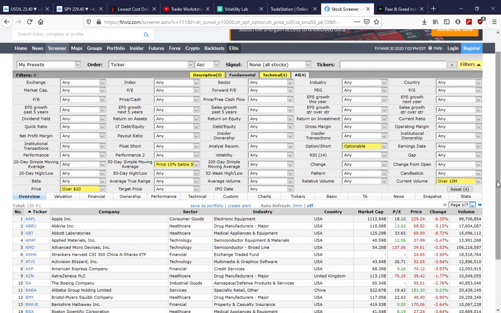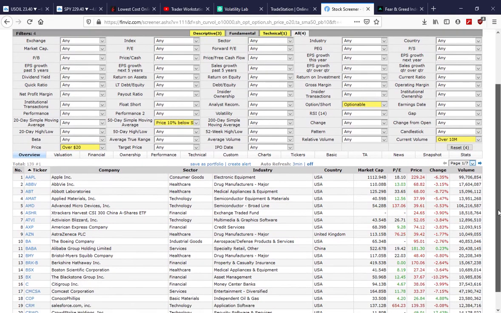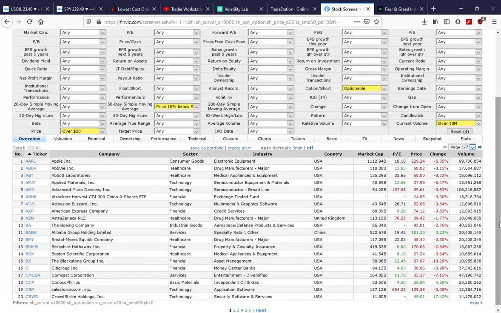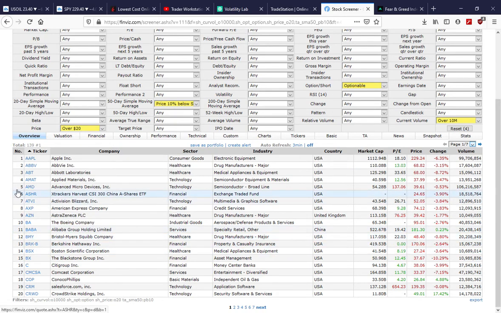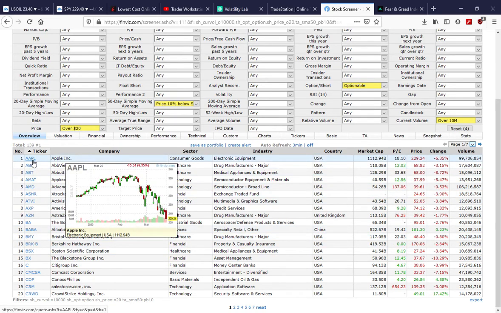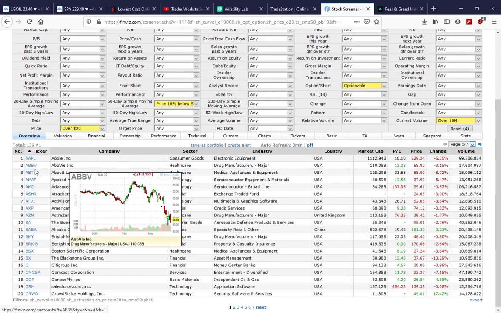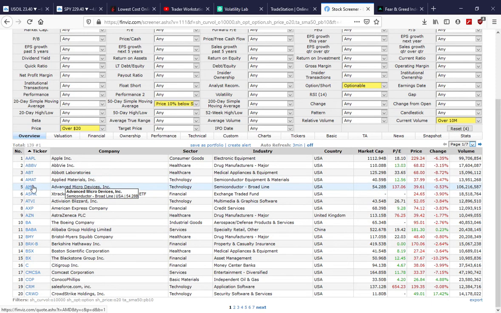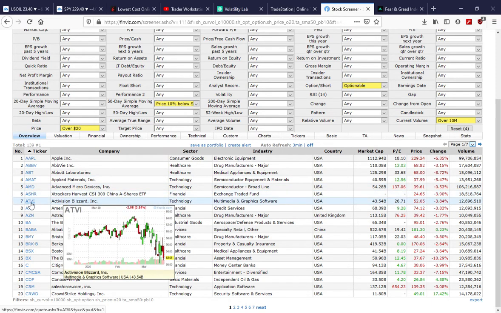And you just end up getting a lot of crap that you don't really want to trade in the search anyway. So I have all my stocks on my watch list, but some people don't have a watch list set up yet. If they're just starting out, they might not set up a watch list over many years. But I still use this as well just to see what's going on, and you can hover over these. Apple's taken another hit there, so you can just glance over these real quick like this and see what's